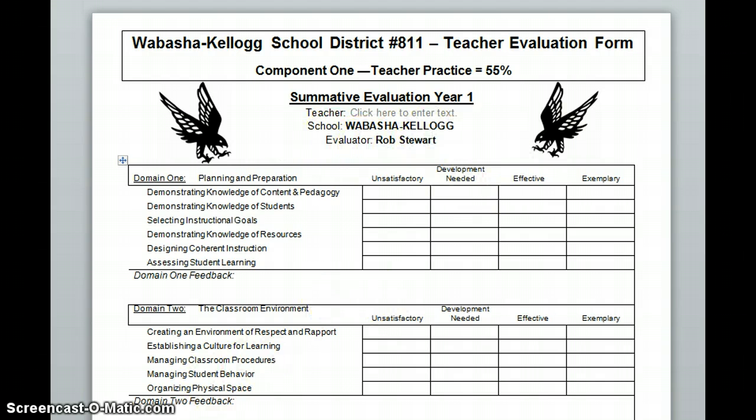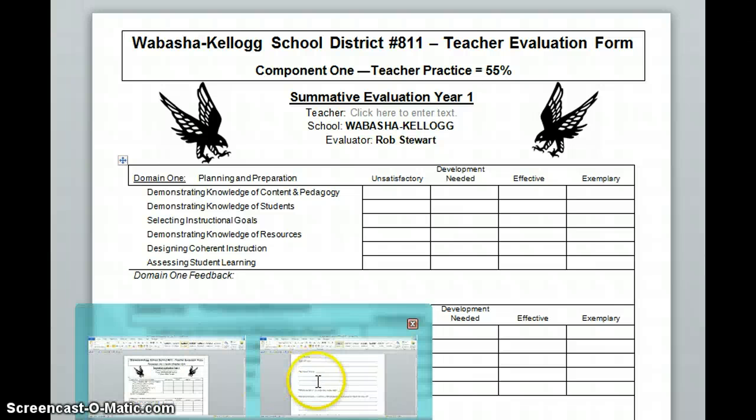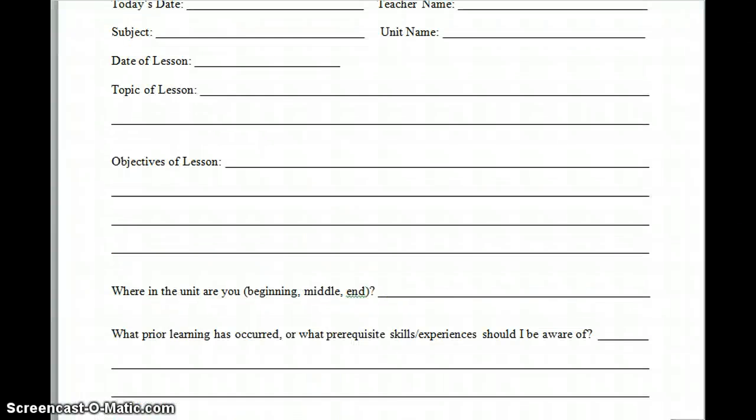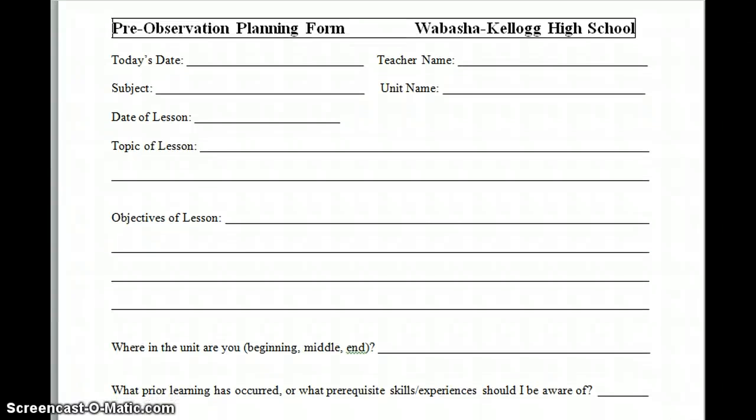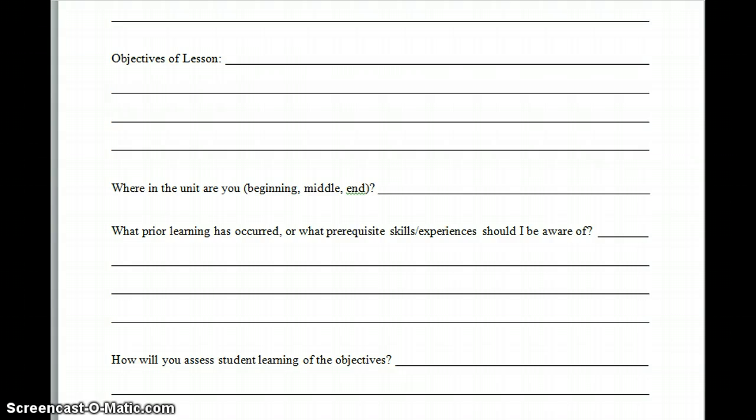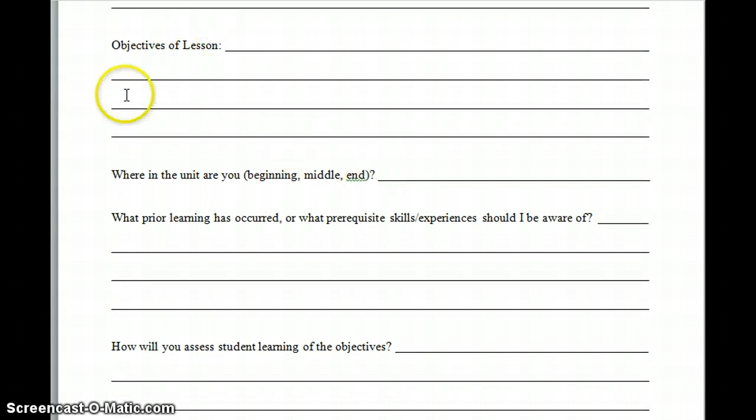Before we go through this form, let me bring up the pre-observation form. This is the form that I will send to you prior to coming into your classroom, and then I just ask that you send it back to me at least one day before coming in. I like to schedule all of my observations. I like to give you a chance to pick a day when you want me to come in and observe a particular lesson. The key things that I'm looking for in this form are the objectives of the lesson,